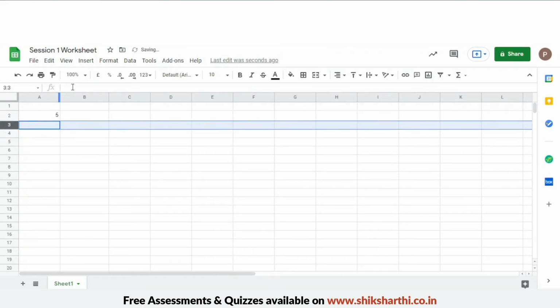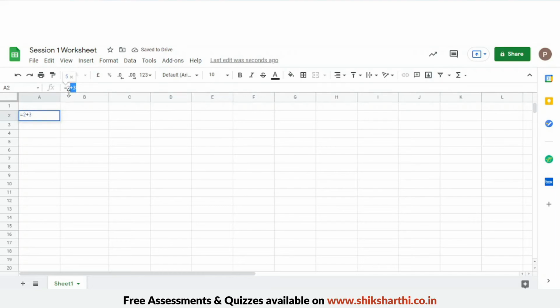So this is what you call the formula bar. In this formula section, you can type and edit whatever you want. You can even edit in your cell, or you can edit here in the formula box. Next, this is your column bar and this is your row bar. These are the cells. Coming down here, this is a particular worksheet and this is sheet 1.